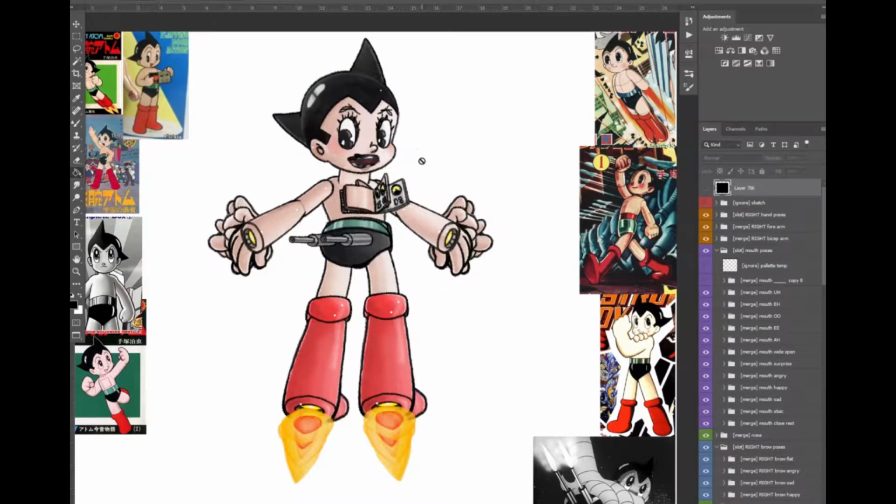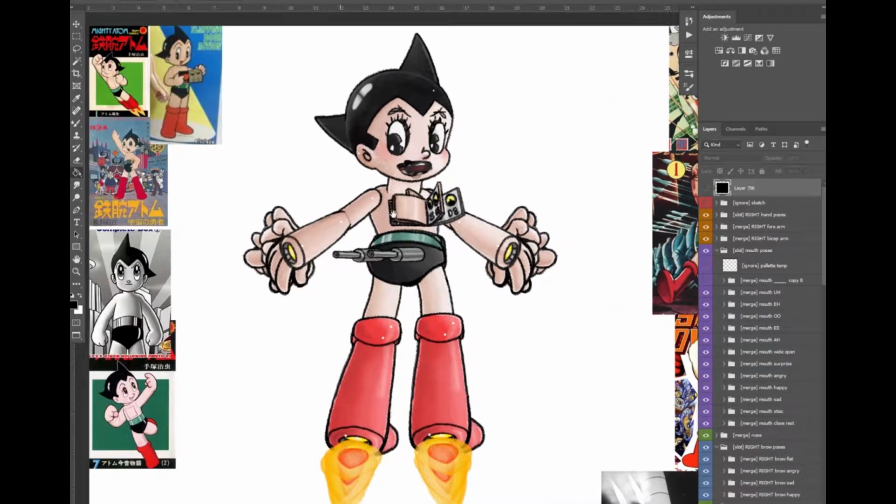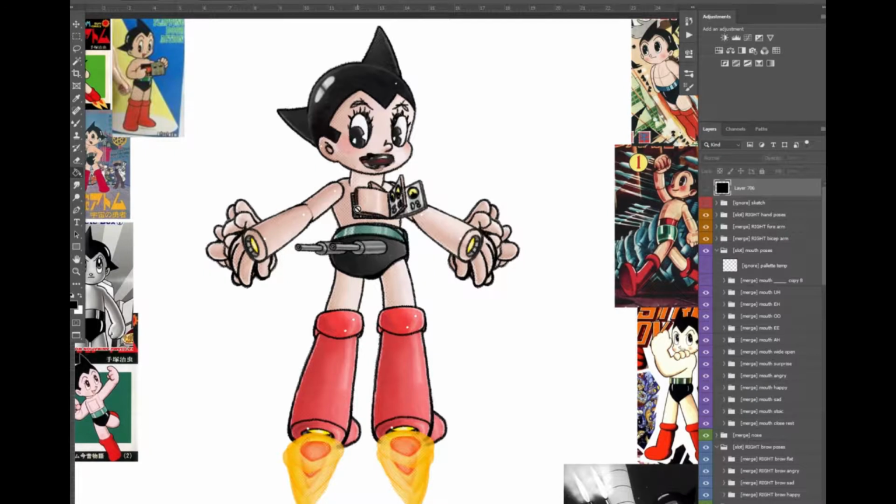I just saw the sketch I had, and here is my finished product of the body for Astro Boy. You can see I got multiple hands, multiple feet, multiple torso and face features going on. I'll go into that a little more in a bit, but if you look here on the right, I am using